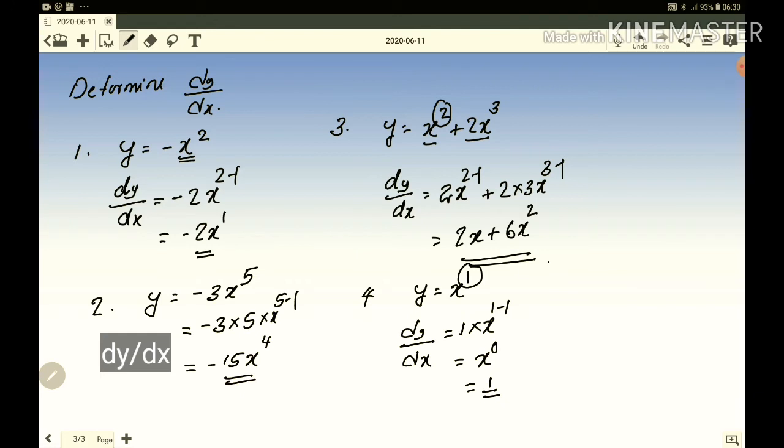When the power is 1 like this, just practice. After the differentiation, it is going to be 1. Now on, if you see a question where x with the power 1, you can straight away write the answer after the differentiation, the answer is 1. Otherwise you will get confused, because some learners I saw, after the differentiation, because the power becomes 0, write the final answer as 0 there. So to avoid that, whenever you see x after the differentiation, write straight away 1 there. Okay.